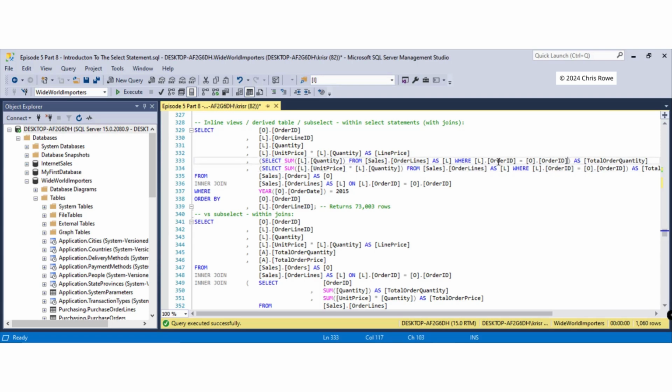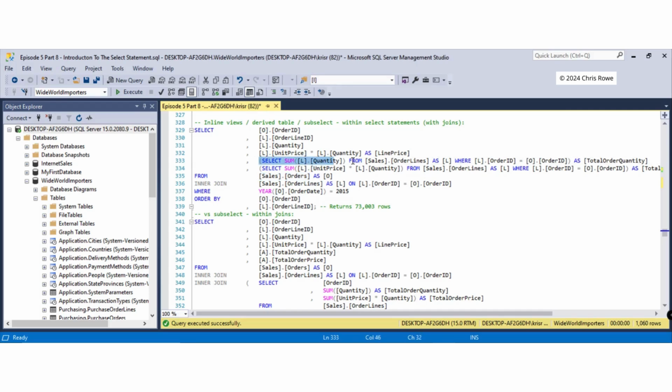Key thing to remember is when you use this methodology where you replace the join with a where clause, what you're basically saying is select the sum quantity from order lines where the order ID on this little query here equals the order ID on O, and O is our sales orders table, and that's actually